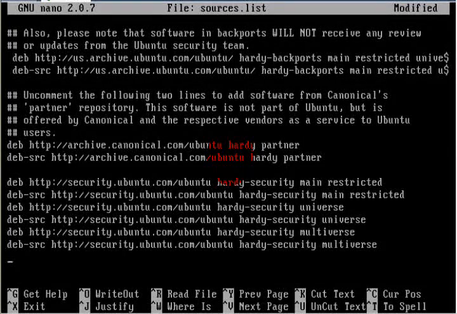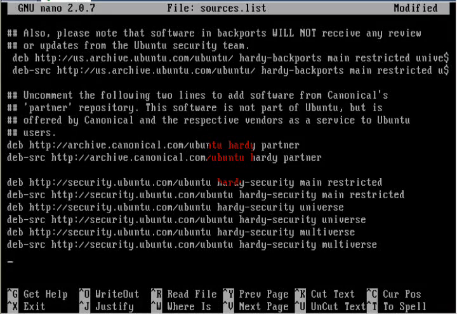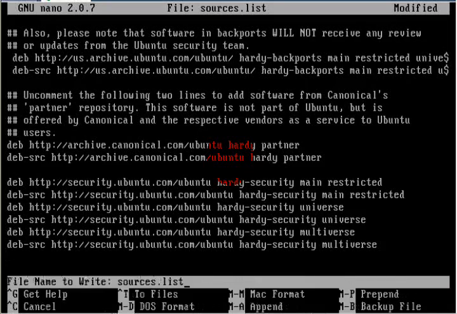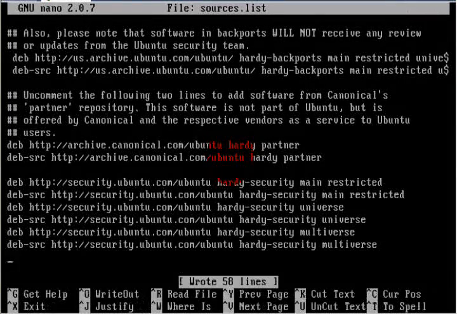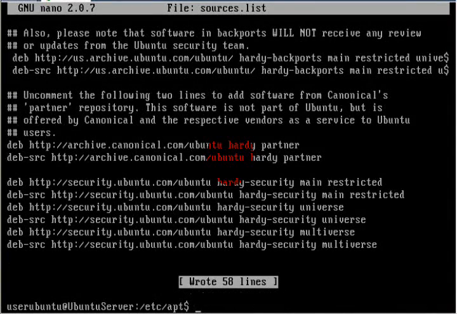Okay, so once that's done, just save it by pressing Control O. For Nano, it's Control O to write out, and press Enter to save it as that name, and press Control X to exit. Now you're back into the command line. Now you need to type in